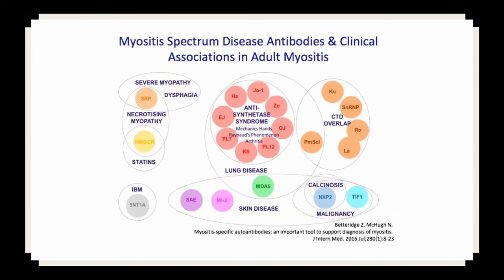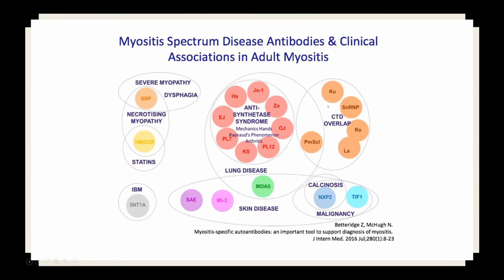He referenced this concept of murkiness, and I very much agree with that. I think there's starting to be a little more clarity in how we view synthetase syndrome and myopathies in general. This is a very helpful perspective that I use and reference a lot. I refer to it as the circles of the myositis antibodies. We tend to look at the myopathies now much more from an antibody and manifestation perspective than from just a PM, DM, or IBM perspective.